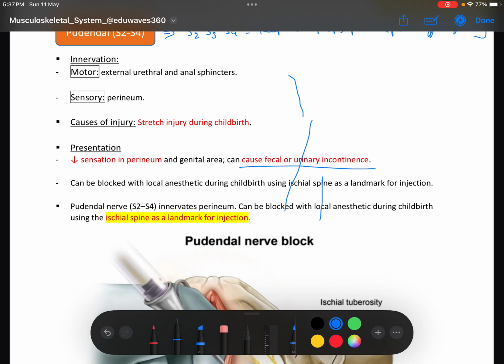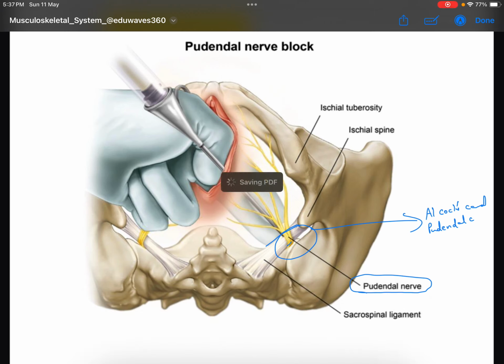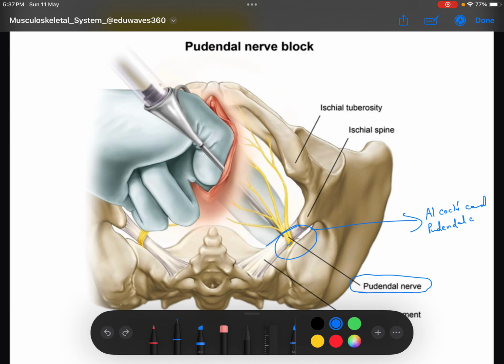If you look here, you can see this image. Here the physician is holding the pudendal nerve and is giving local anesthesia, labor analgesia, to the pudendal nerve for decreasing the perineal pain. Okay. So during childbirth, the pudendal nerve block advanced technique, how we can give that pudendal nerve block,